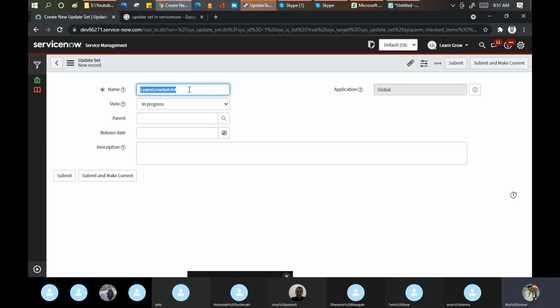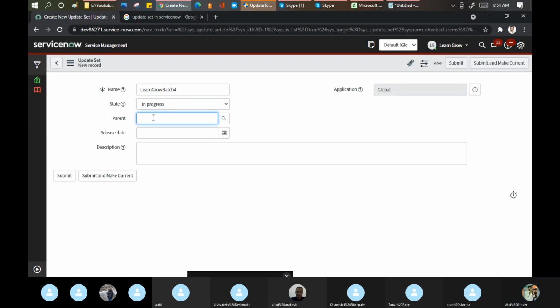Always make sure the state of this update set is In progress on day one. When you start working on ServiceNow, until you say yes, my requirement development has been completed, don't move it into the other state. Make it In progress.